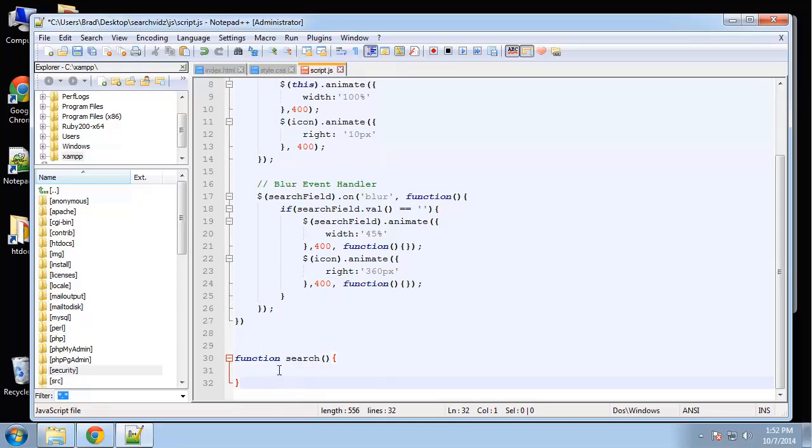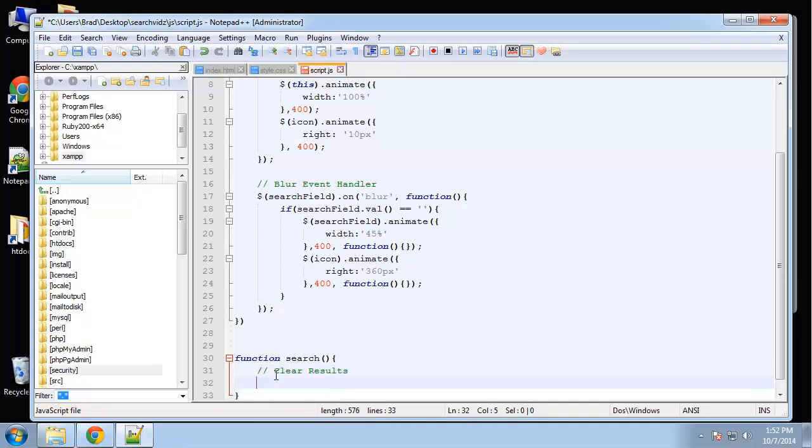And the first thing I want to do is set our results div and our buttons div to nothing. I want it empty, so that if we make a search request, get a bunch of results, and then make another one, we don't want that to be added on top of the other ones. We want the other ones to disappear and then put the new ones in. Alright, so clear